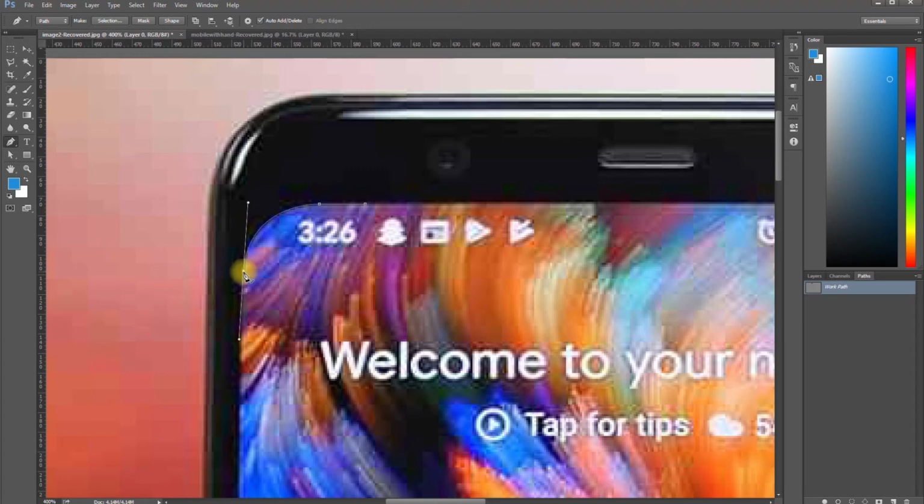And to remove this direction line, just place your cursor over that anchor point, press Alt on your keyboard and then click on the anchor point. So it has removed the direction line.